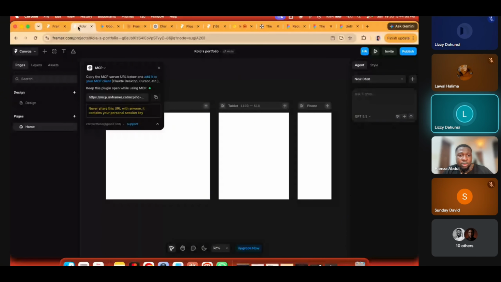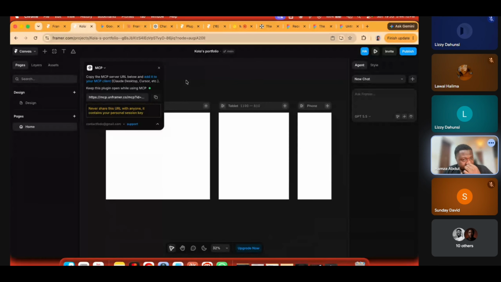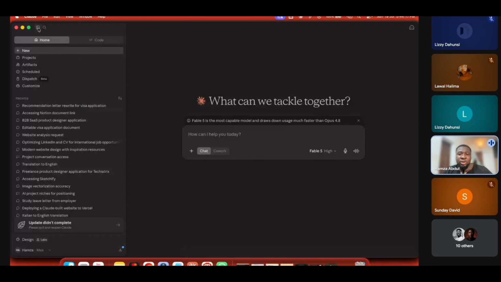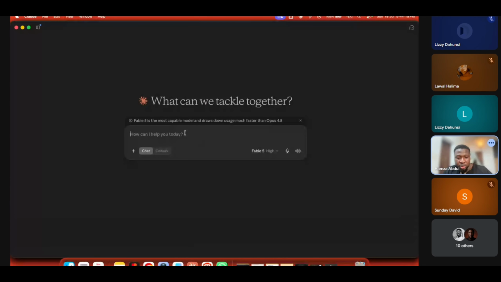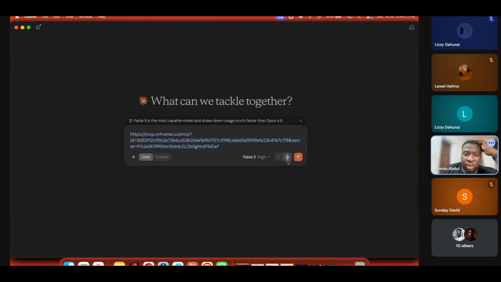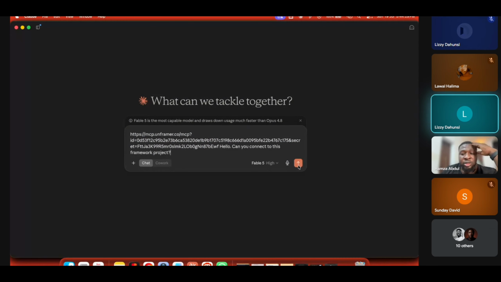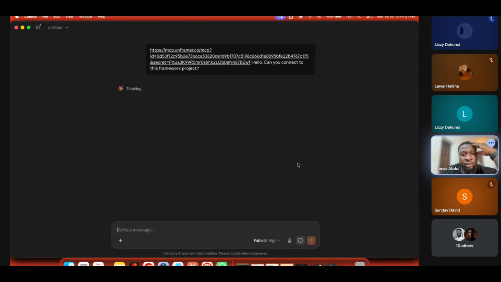I think you're using Framer on the browser. Yes, I guess that's why it's not working. Okay, let me use it here. Hi Claude, can you connect to this Framer project? Let's see if it will work now.